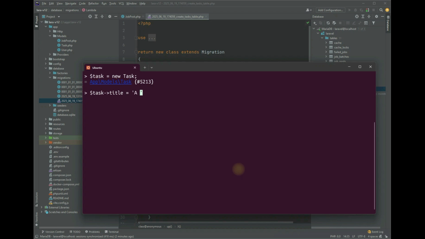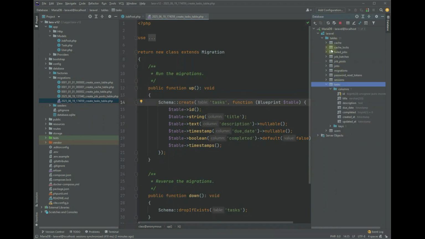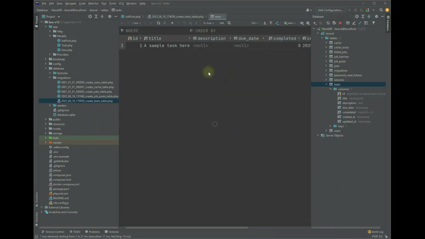Title is a sample task here, and then I'll just say save. Oh, sorry, task save. All right, so let's check if the record persisted in our database. Let's say task. All right, so our title here is a sample task,